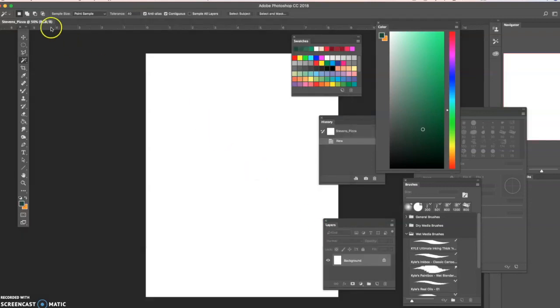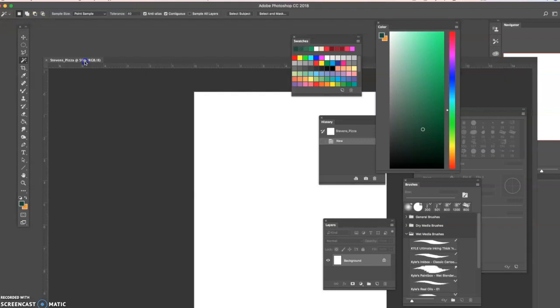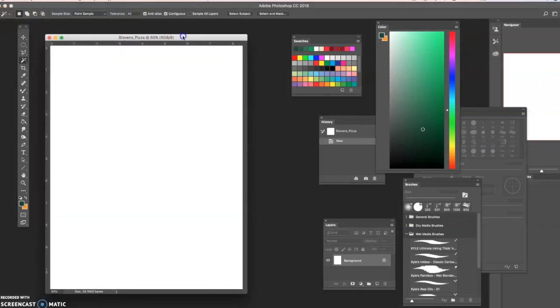Beautiful. Now it defaults to putting the document title in the upper right-hand corner. I'm going to click on that title and drag it away because I want to be able to move it where I want. And then we're going to start using some of these tools. So if we go over to our layer bar,